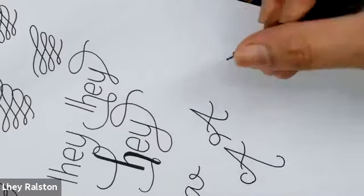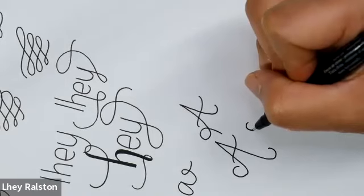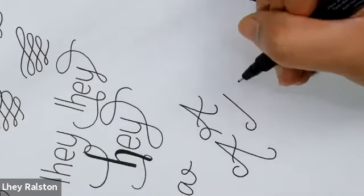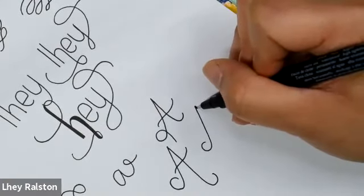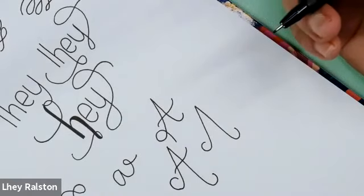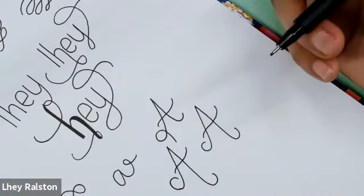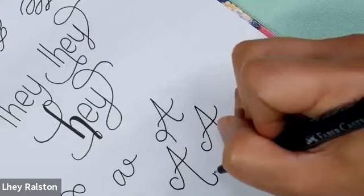Let's do that again. A is a good letter to practice, kind of like a small C, down and then up. And then let's do it again. Bringing this down and then add the middle part. Now, if you want to be extra with the flourish here,